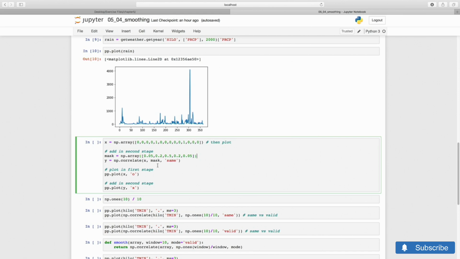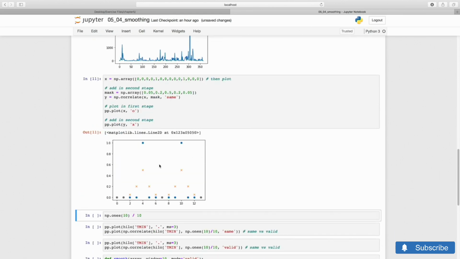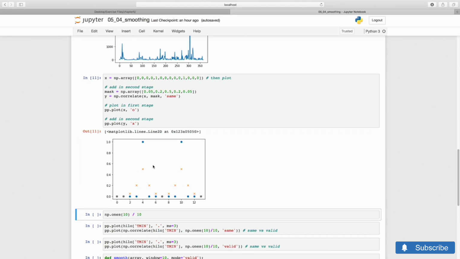Next, I write the correlation. What it does is to multiply each element in the series with the mask, and then sum up all the resulting short series, sliding them so that they are centered around the sample that we multiplied. Thus, as you see in this figure, each peak generates a triangle centered on its location.